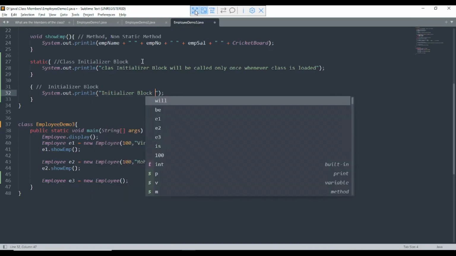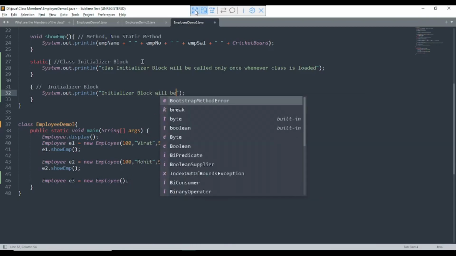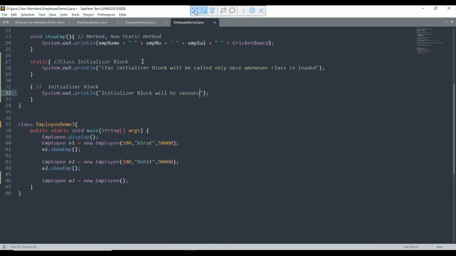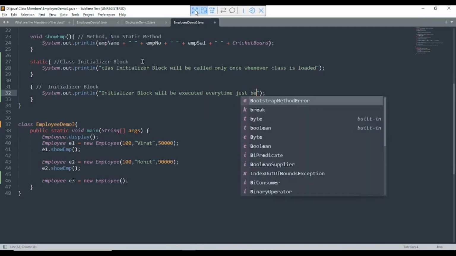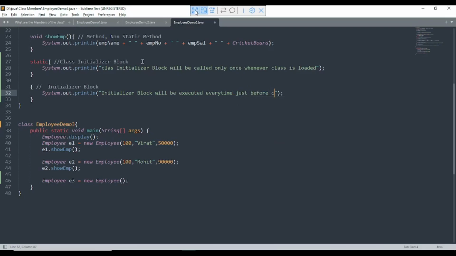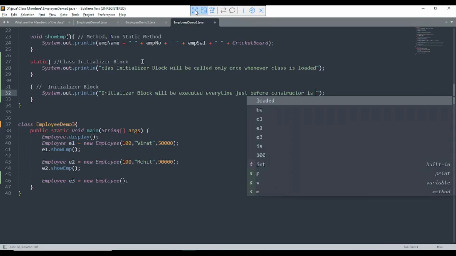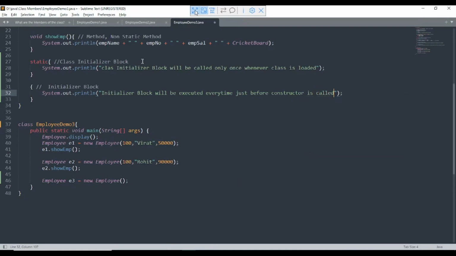Initializer block will be executed every time just before the constructor is called. So when a constructor is called, before the calling of the constructor, the initializer block will be executed, right? But if you do not write it in the code, you cannot get the benefit of the initializer block.